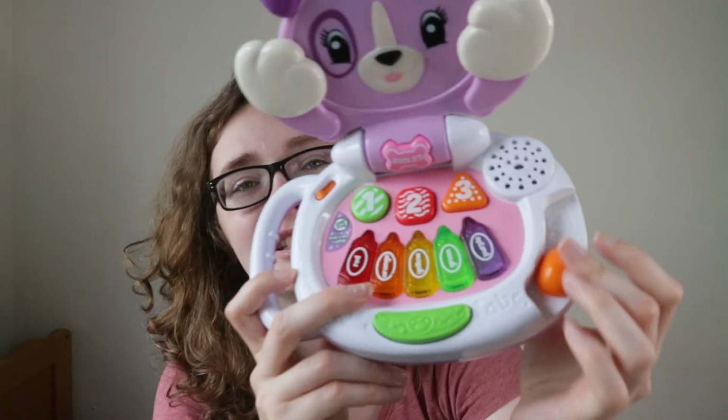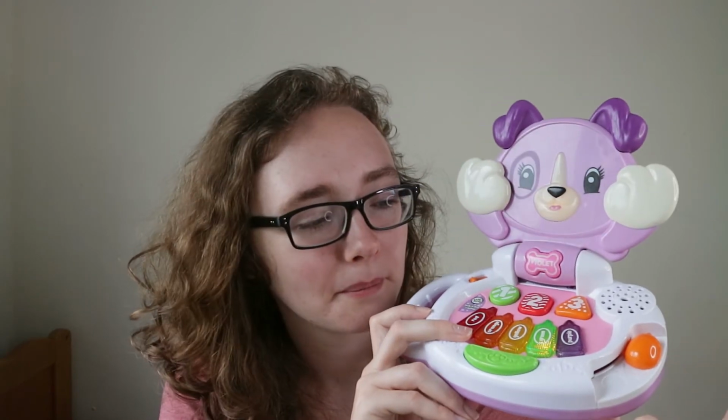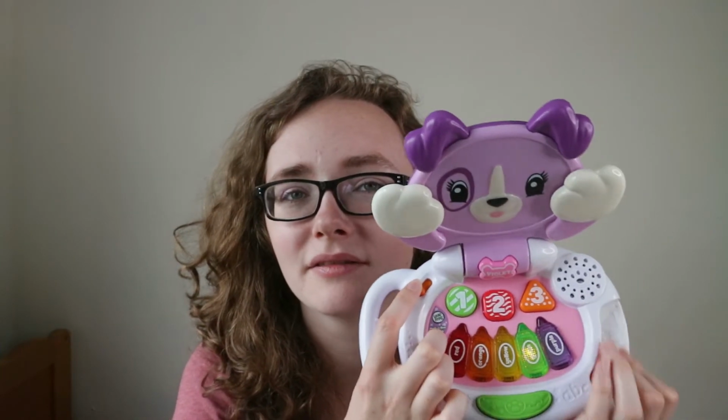She also likes this part here. She really likes toys. Touch the green crayon. She really likes toys that have that bit on. I think she just really enjoys the noise, and then obviously this bit plays a song,